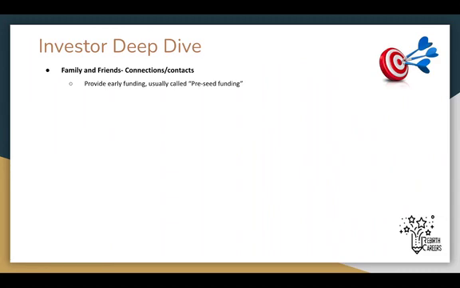So yeah, friends and family, they provide early funding, usually called the pre-seed funding. They're prepared to lose 100% of investment because at this stage, if you are in the pre-seed or startup launch phase, your business is more risky. So they have it at the back of their mind that they may lose their money, and the reason why friends and family would do this is because they believe in you, they trust in you. So providing funds is based on relationship, as I mentioned, with the business owner.